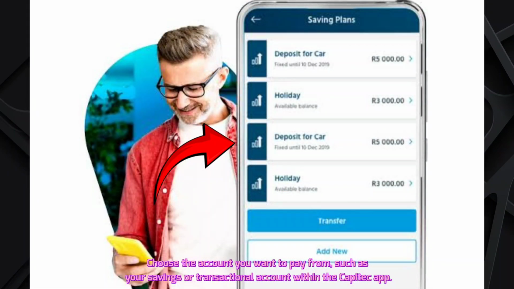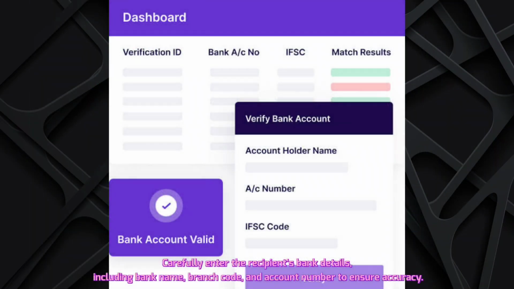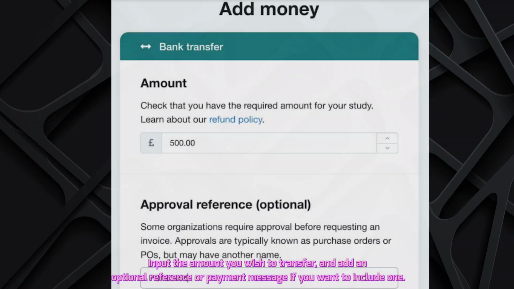funds. Choose the account you want to pay from, such as your savings or transactional account within the Capitec app. Carefully enter the recipient's bank details, including bank name, branch code, and account number to ensure accuracy. Input the amount you wish to transfer, and add an optional reference or payment message if you want to include